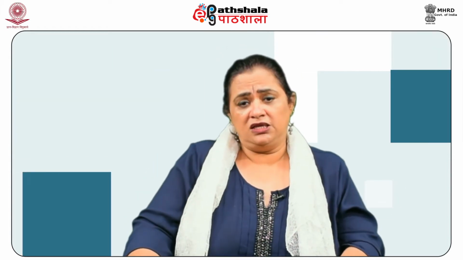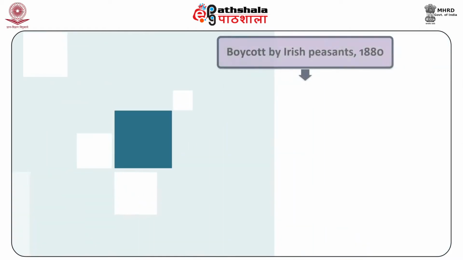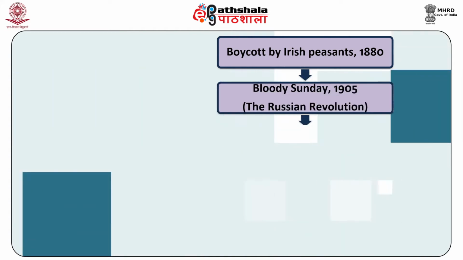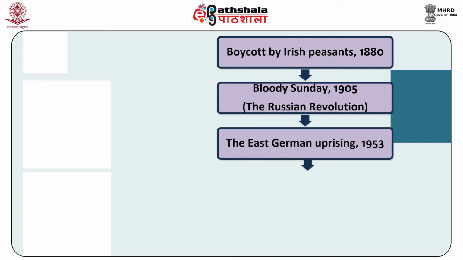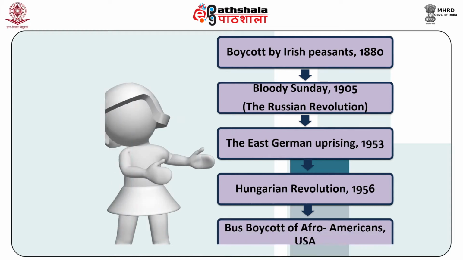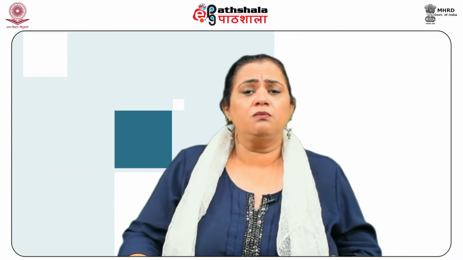Its examples in the West could be seen in the resistance of Netherlands to Spanish rule in the mid 16th century, the boycott by Irish peasants in 1880, Bloody Sunday of 1905, the East German uprising of 1953, the Hungarian Revolution of 1956, and the bus boycott of Afro-Americans in USA. These organized efforts remained mostly action-oriented cases, as reaction to the initiative of the opponent, until the beginning of the